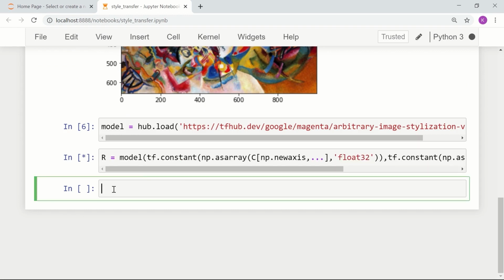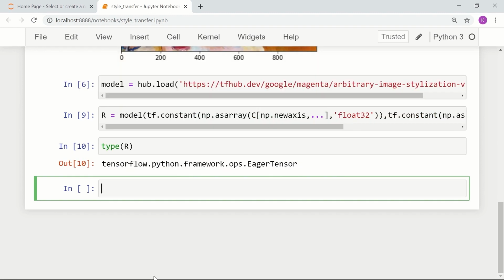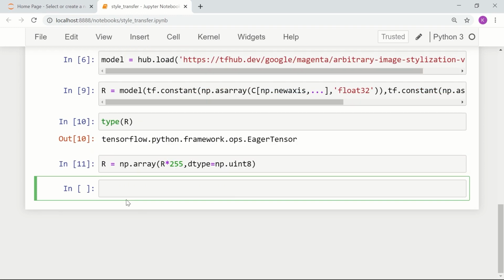It may take a while to generate that result. It will generate the result in the form of a tensor. If you see the type of this R, that will be a tensor. We can convert that to a NumPy array, no problem. So R is basically R times 255, and then np.array of this thing, and we can set the dtype as np.uint8, and it will then be available as an np array.